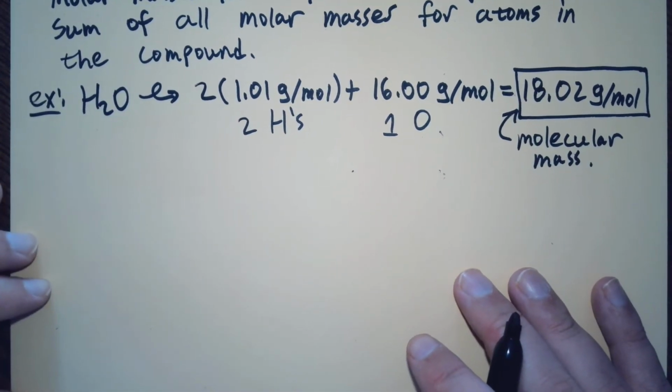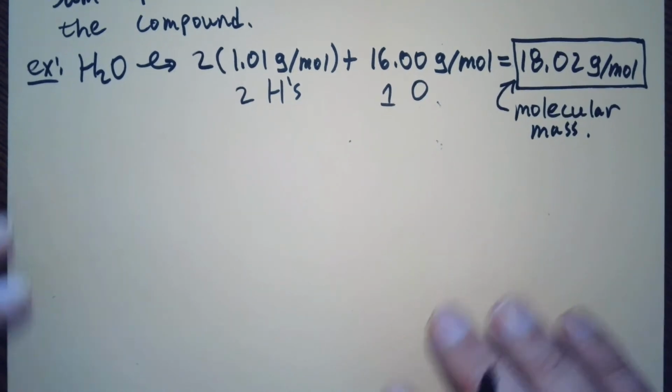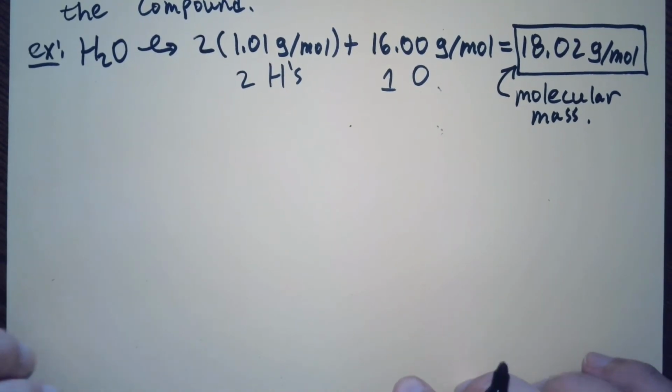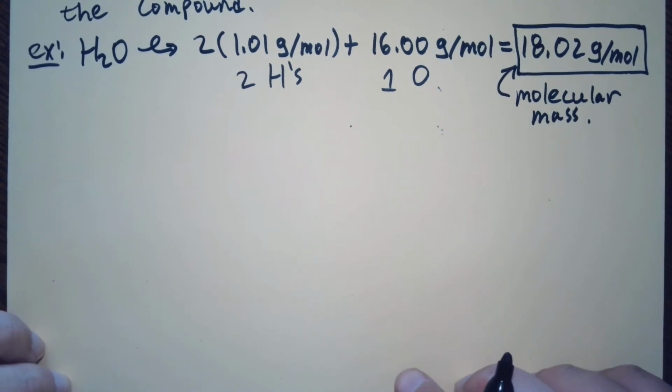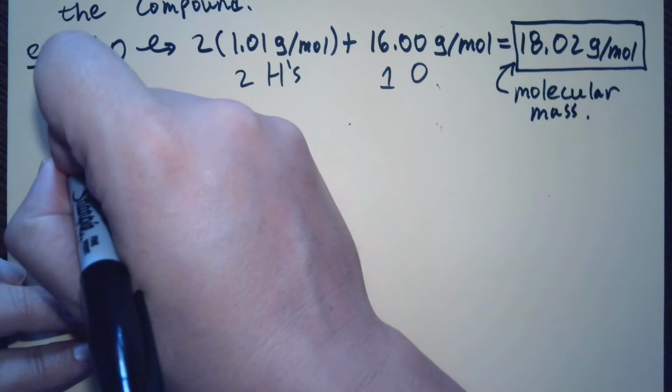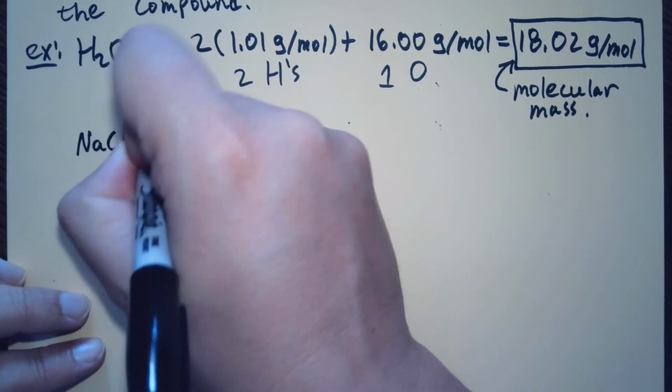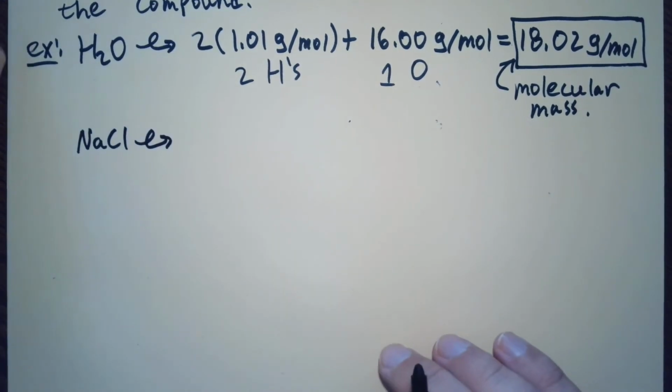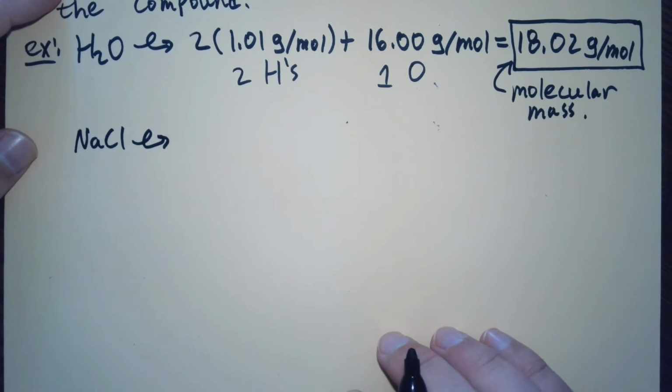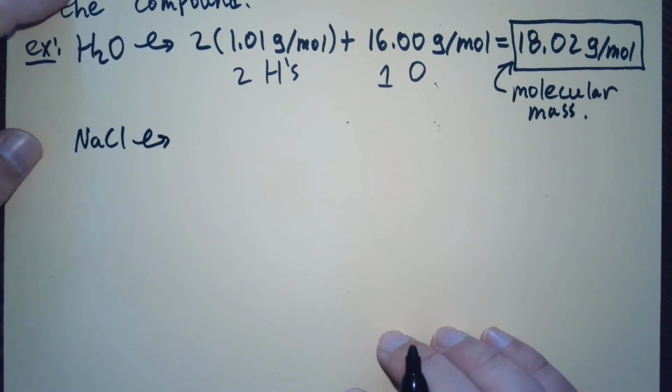Let's do an ionic compound. I wonder which one we should do. What is an ionic compound that I don't bring up often enough? How about NaCl? Yeah, let's look at some table salt here. You guys are gonna be so sick of salt, you're not even gonna salt your food after this class. All right, so